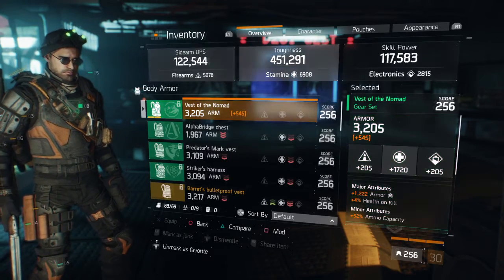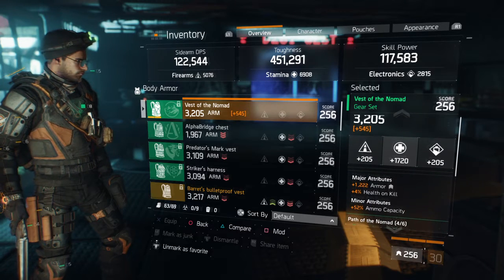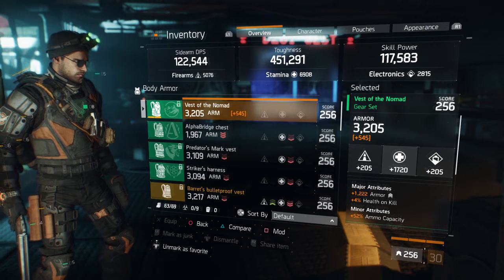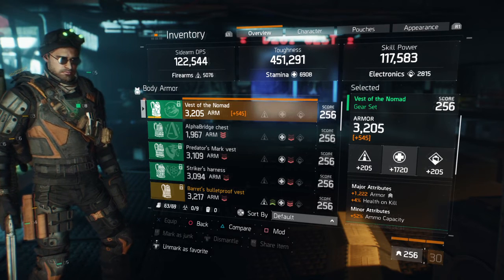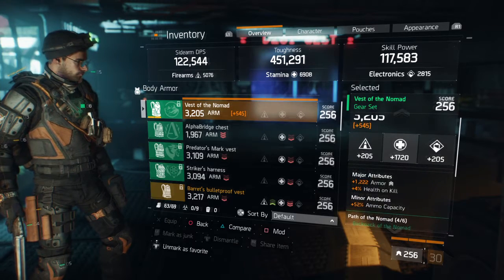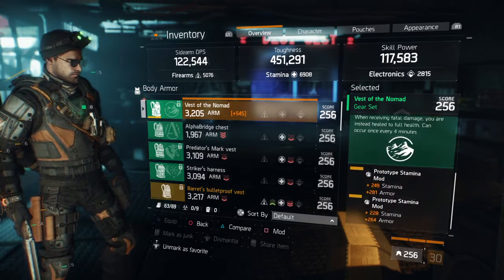But yeah, here we go, guys. Going with a chest piece here, Stand piece, the 1222 armor, health on kill, and ammo capacity. You would definitely want to get health on kill where you can. It helps out tremendously, stacked with that extra 50% you have there, and it helps out a lot, guys. And going into the